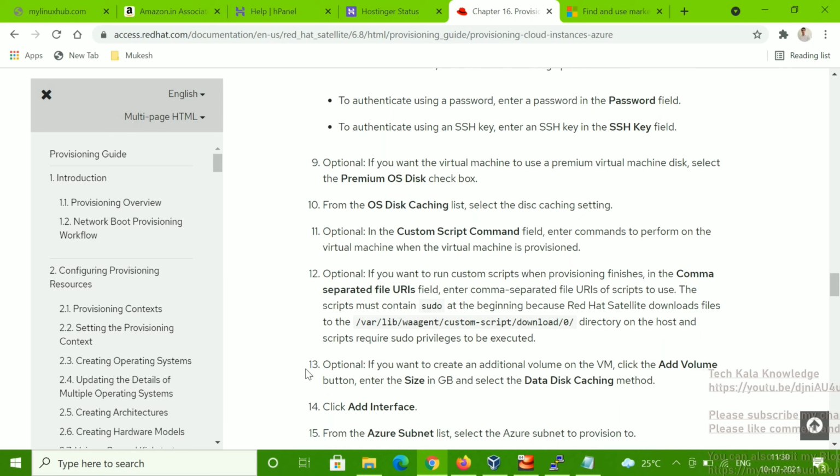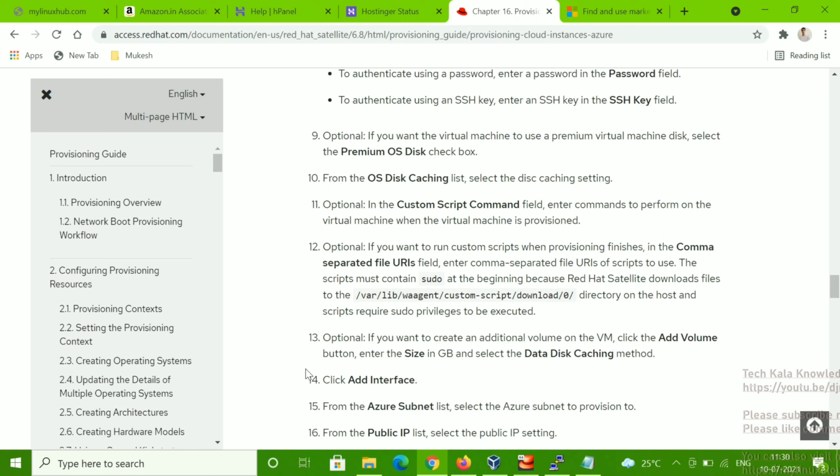The 11th is also optional. If you are selecting it, then you can do it, or you can leave it. Now, I was telling you, suppose you need to create additional things, like an additional file system or an additional user, or you have any script. So the 11th is that custom script.